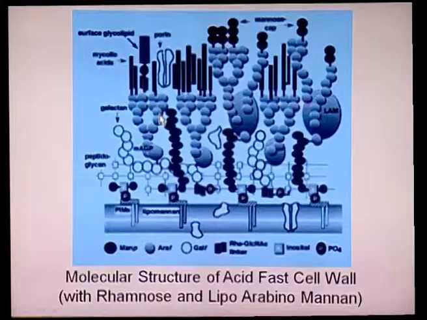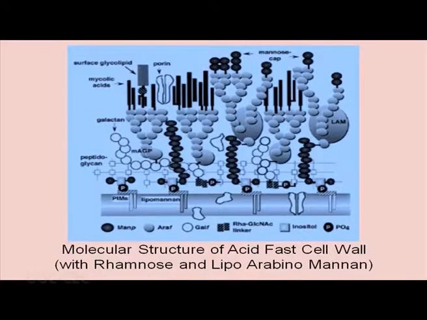The most important function is protecting the cell from osmotic stress. At the same time, it is also imparting pathogenicity. Because of the less porin, it is definitely not allowing any antibiotic to enter. So this explains how this bacteria cannot be acted upon by normal antibiotics. We cannot treat tuberculosis with normal antibiotics. At the same time, it can also have outer molecules of adhesin, which help in the attachment to the bacteria or to other host cell surfaces.